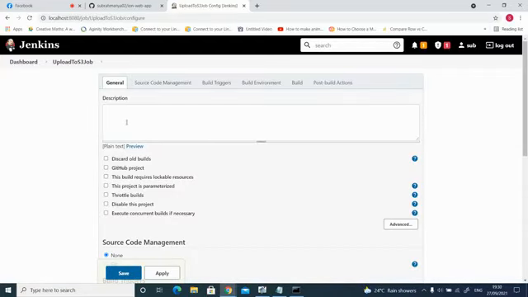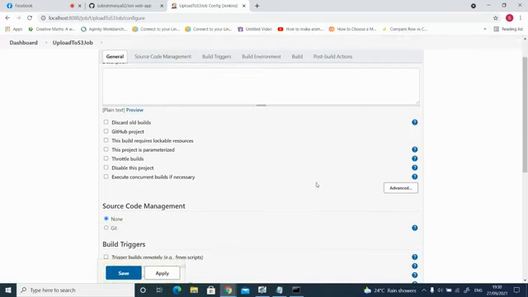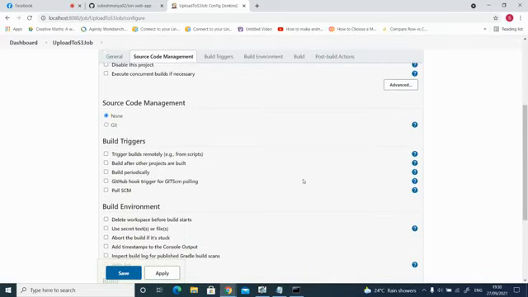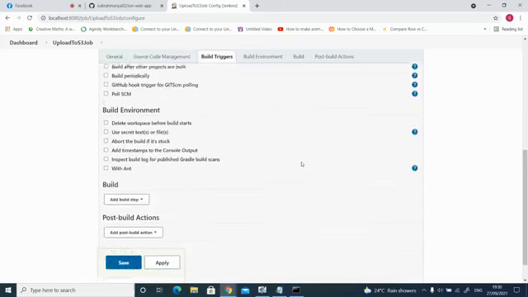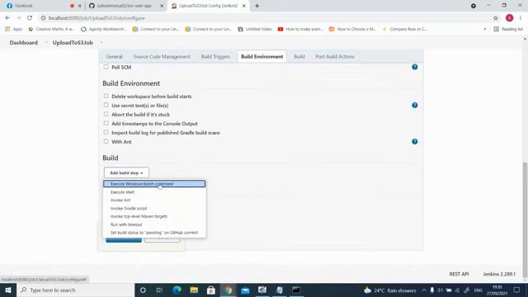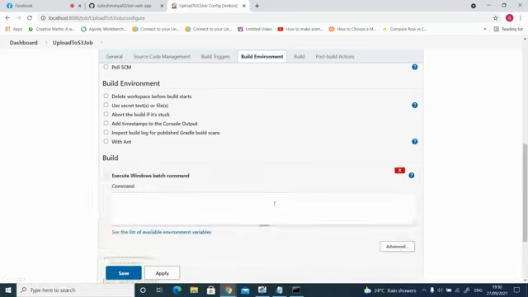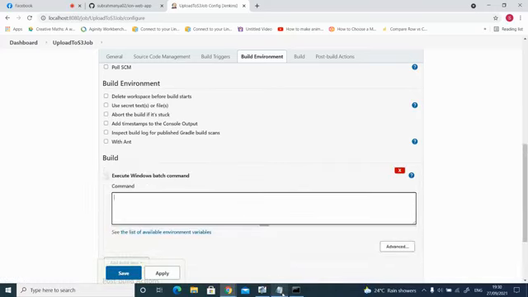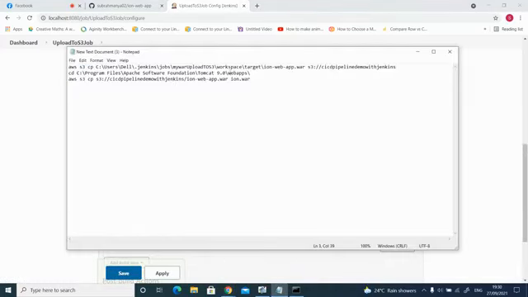The description is optional. If you want, you can write it. I'll skip that part. I'll come down, and here I'll go to build, but this time I will select execute Windows batch command. Okay, I have to do a few activities here. So I'll pick execute Windows batch command here, and what I have to do is, first I have to